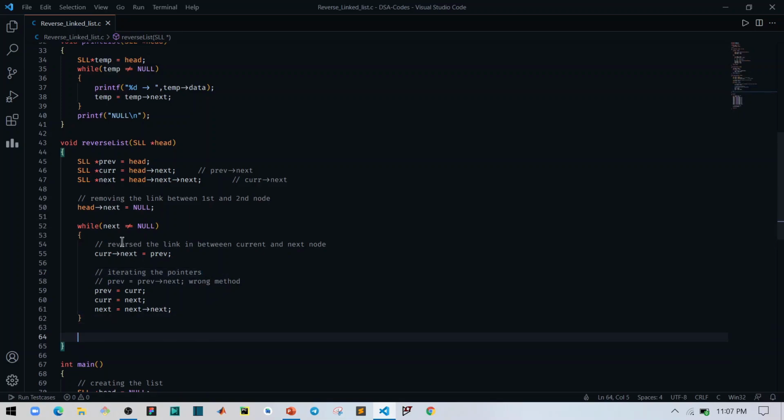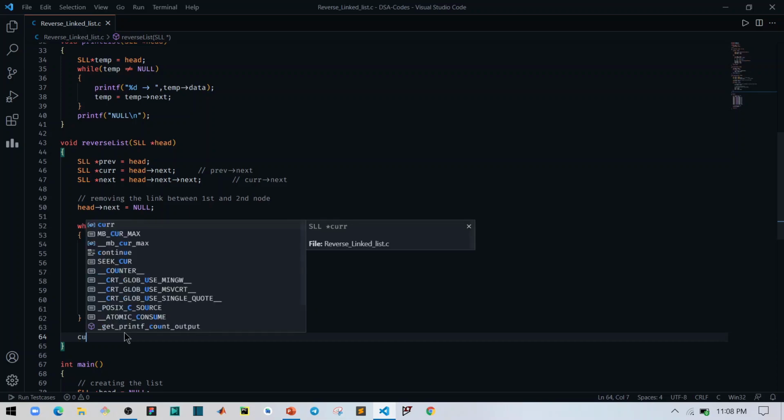After we exit this while loop, we have a next pointer which is pointing to null, and we have a current pointer which is at the last node, but we haven't reversed the link of the last node to the last second node.